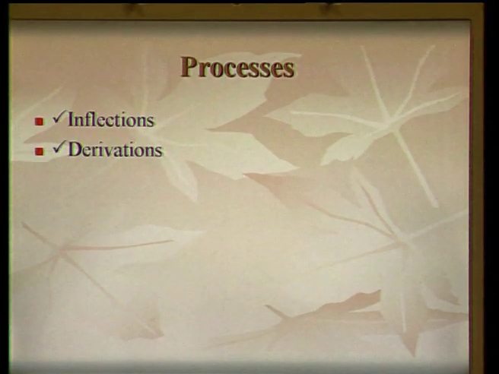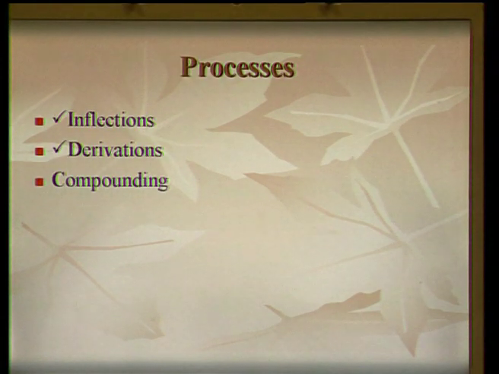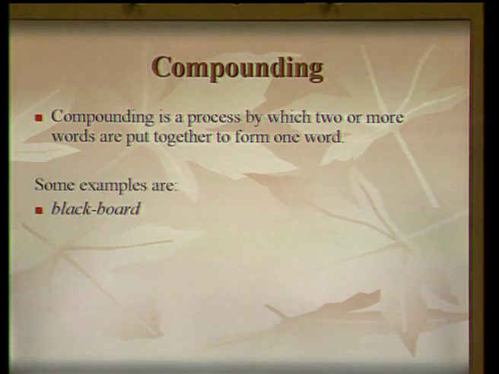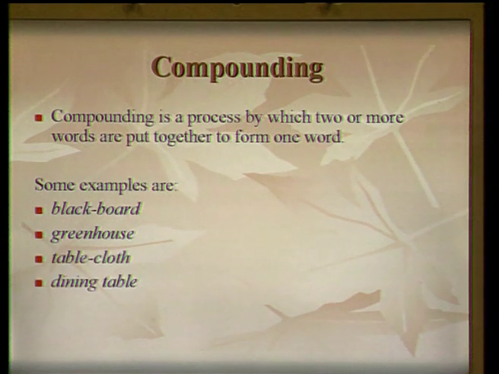We mentioned that there are three processes. We have looked at inflections, we have looked at derivations, and the final process is compounding. Compounding is the process by which two or more words are put together to form one word. Some examples are blackboard, greenhouse, tablecloth, dining table,